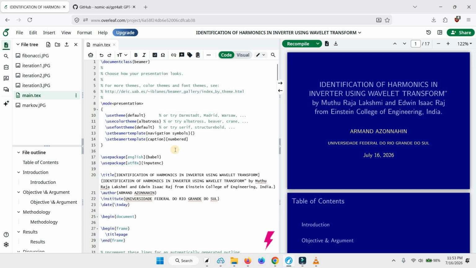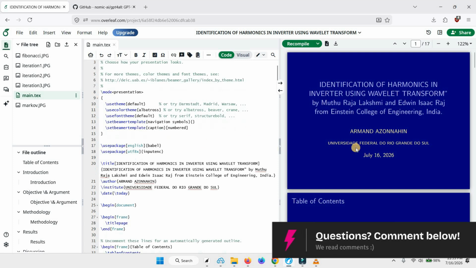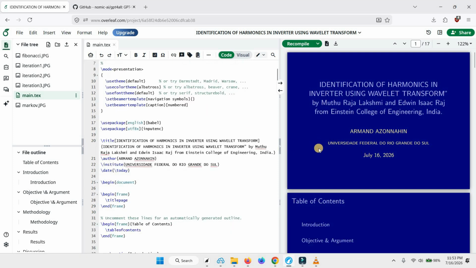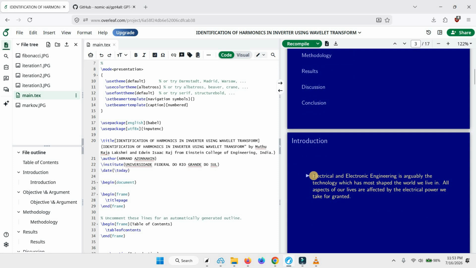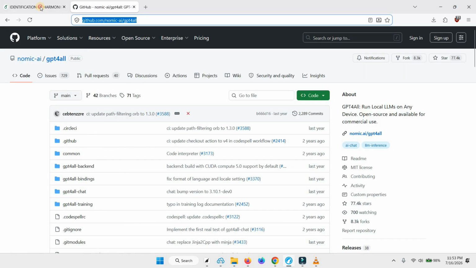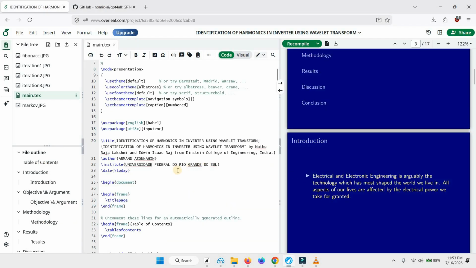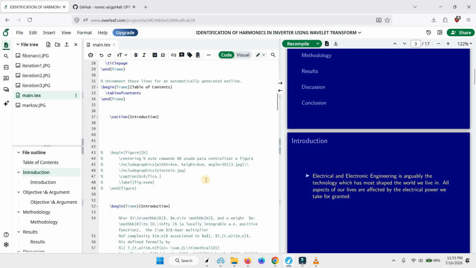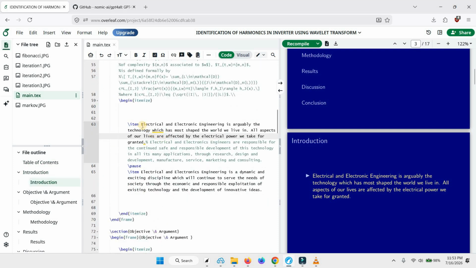Now, if you want to add a link, say for instance, electrical, we will add a GitHub link on electrical. Okay, we'll copy a GitHub link and we'll find electrical. Okay, just highlight this one